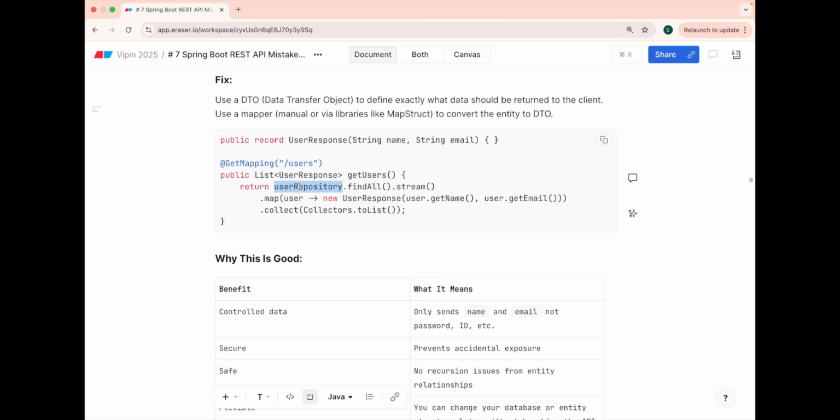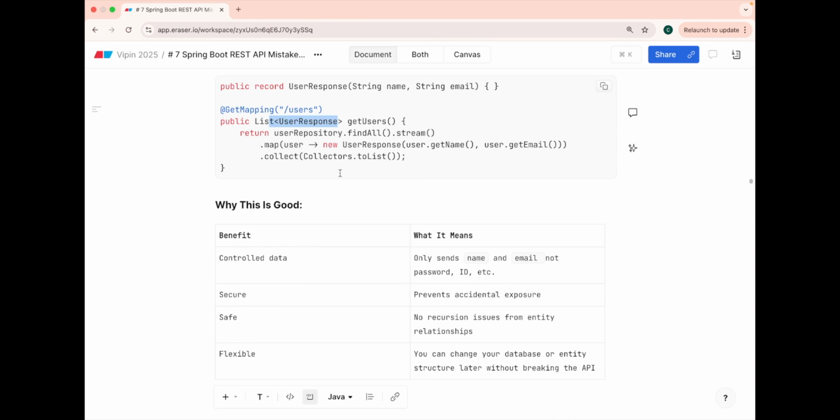But worst case, you want to keep it very short. You can do findAll, but after doing the findAll, don't return the user details as they are. You first map those user details to the user DTO objects, then collect them and return the user DTO object list to the user rather than just returning the entity.